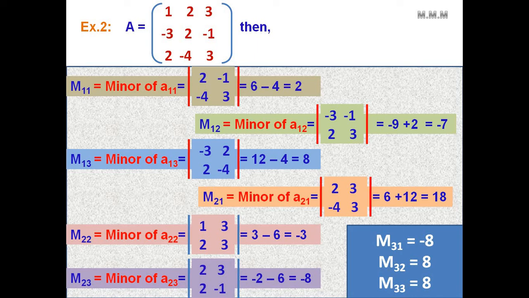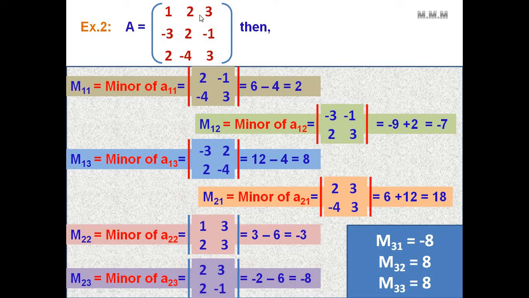See here, it's the order 3 by 3. We have to find m11, minors of a11. The minor of a11 here, then that row and column will be left, and this becomes the 2 matrix. It is 3 by 3, so n minus 1. If an n matrix will be there, then the minor will be n minus 1. So here 3, it's 2. So 2 minus 1 minus 4 3, value will be 2.